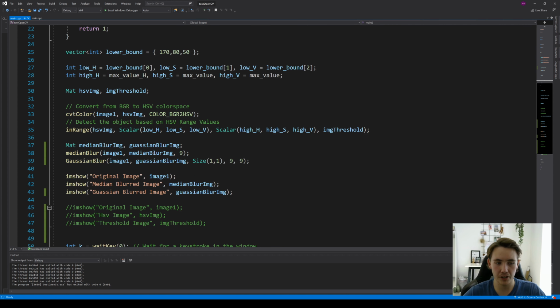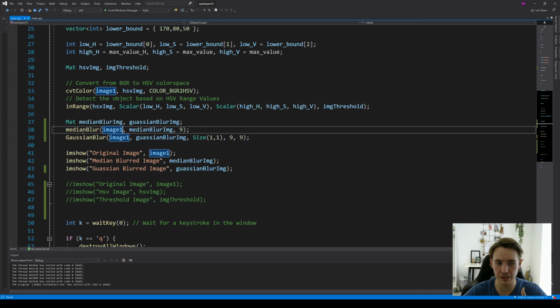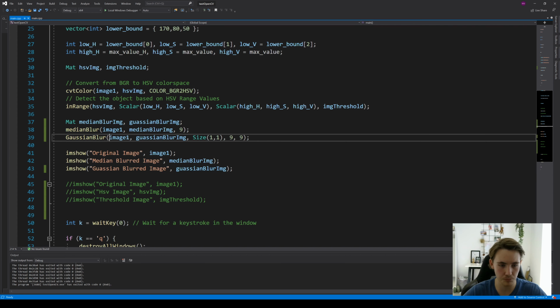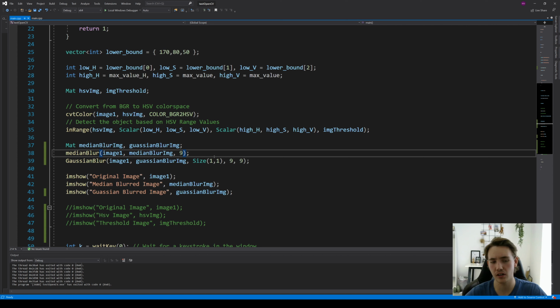And if we start with blurring out the images, we'll just go down here and create 2 new images, or matrices, where we have this median blur image and the Gaussian blur. So we're going to do an example where we first blur out the image with this median blur, and then we have an example with the Gaussian blur down here, and we just pass in the image that we want to blur out, and then the output image that we want to store the blurred image in, and then the size of the kernel, or the filter that we want to run over